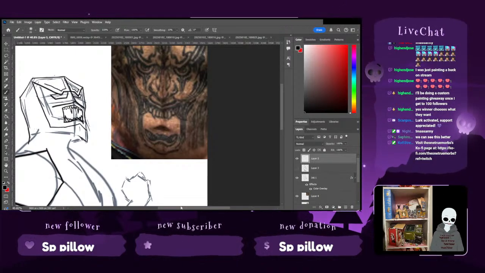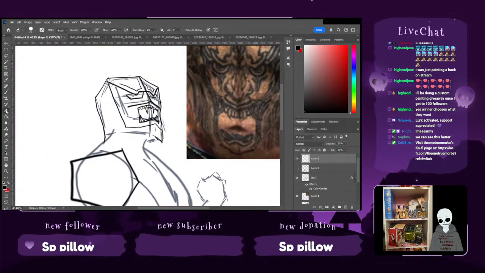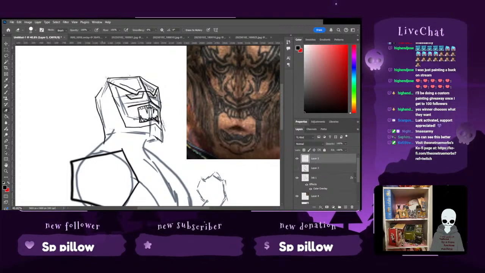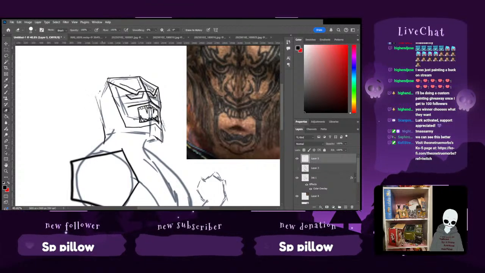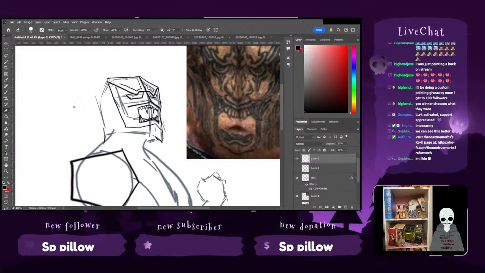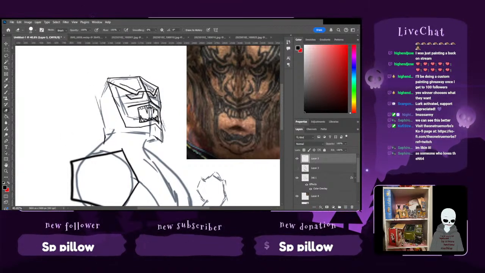Let's see. I think I actually want to bring this out just a little bit so it doesn't look quite so much like a bag over his head. Perhaps. We'll see. It may not work at all.